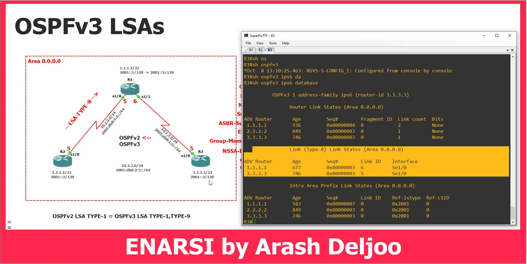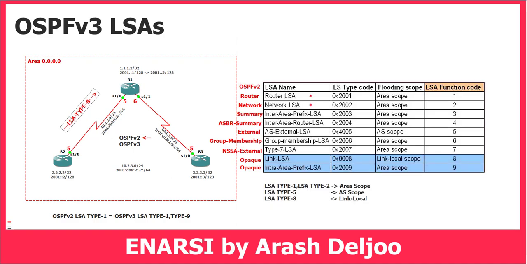But about the LSA type 8, the scope is only local to the link, not local to the area. Because of that, when we send the LSA type 8 of router 2, router 1 receives it and uses it, but it doesn't advertise it to router 3. Also, we are receiving the LSA type 8 of, for example, router 3. Let me show you. This is the LSA type 8 of router 3 received in router 1. Router 1 is using this LSA type 8, but it doesn't advertise it to the